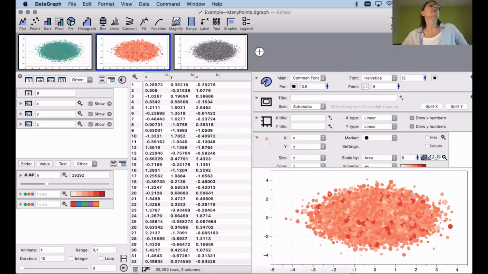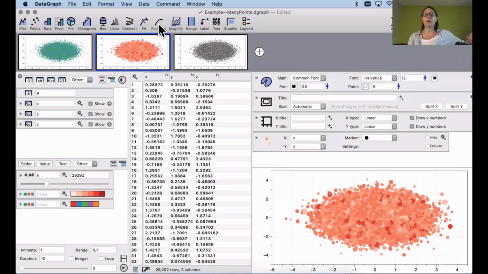Let's see, I think I answered one of these questions. There is a question on the chat about how many native functions are built in and where do I access these, and how can you create new functions and add to the list? Can functions be imported from Mathematica, etc.? So the functions are, if I wanted to add a function command into this,